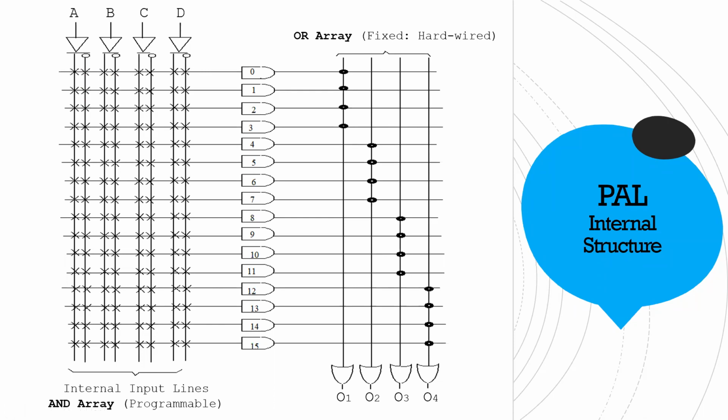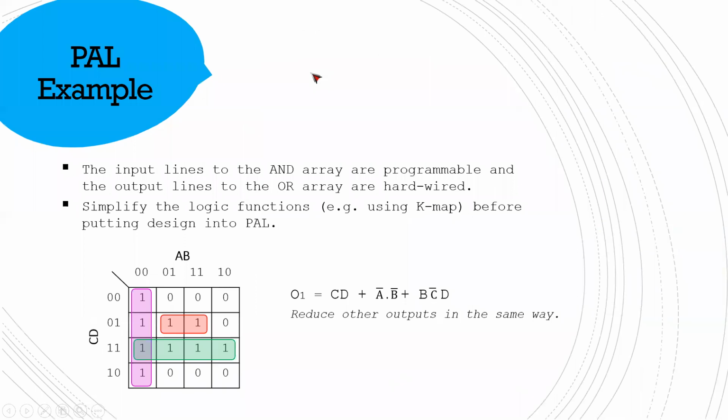Why are all of them crossed? Because when all of them are crossed, that means your output is 0. Remember, here A and A bar, both of them are connected. That means A into A bar is 0. B into B bar, they are 0. C into C bar, they are 0, right? If all of them are connected, that means your result is 0. By default, your result is 0, right? Okay. Now let me show you an example. Let's do an example here.